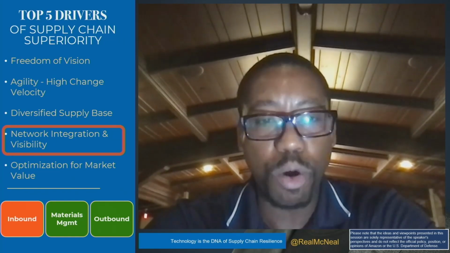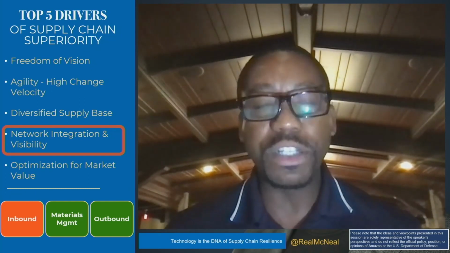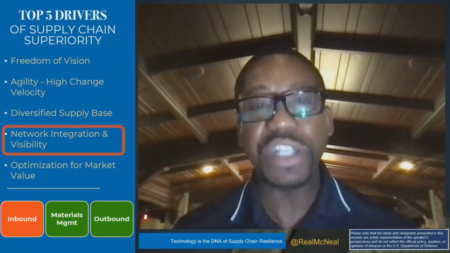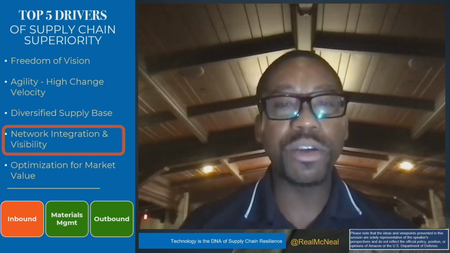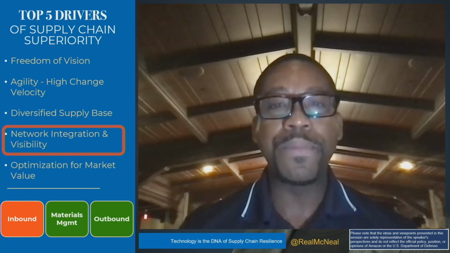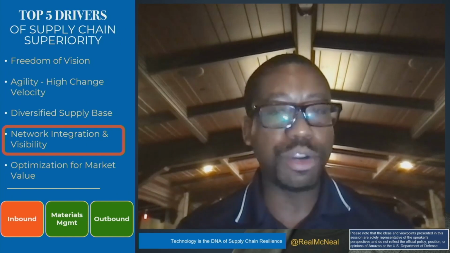As the manager of your supply chain, your goal is to get the companies that you are working with to align to your business processes for you to achieve visibility, because only with the visibility, then can you see the opportunity to reduce costs, to reduce cycle times, to improve productivity. Without visibility, you're essentially shooting in the dark.